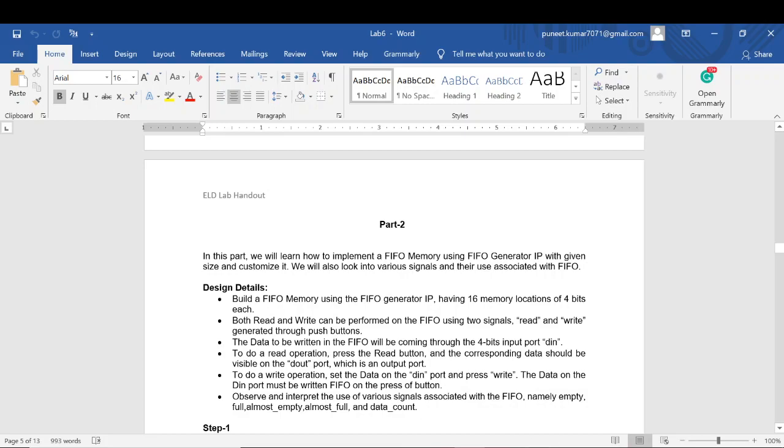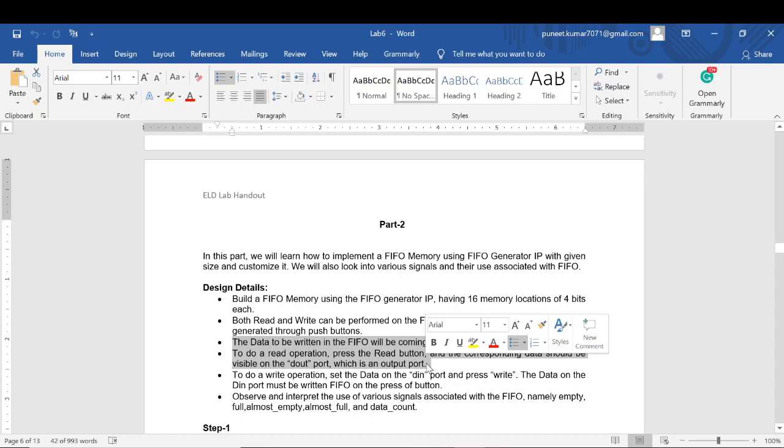One thing that I need to focus on in this design is that there are two push buttons, read and write. My FIFO memory also needs a clock, so I need to generate a clock for the FIFO memory. I will do it in a similar fashion to how I did it in the FSM. In the FSM there were two push buttons, input 0 and input 1. Whenever one of the buttons was pushed, using the debounce circuitry as well, I was creating a pulse.